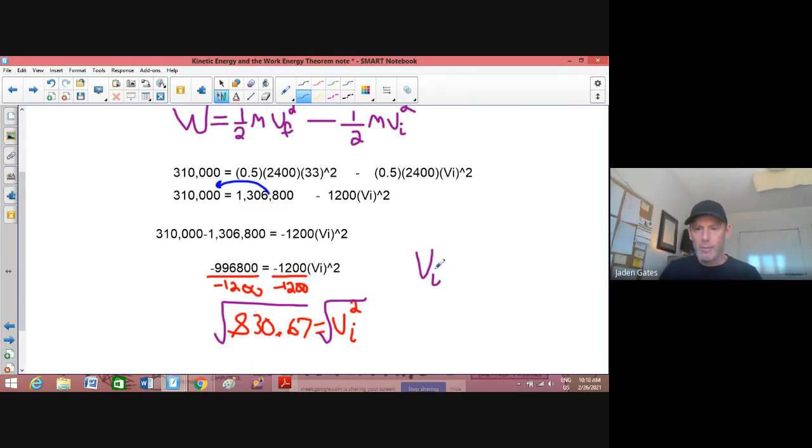All right, now the final step for this, I take the square root of both sides, and my VI, my speed here, to 2 decimal places. It started off, and good thing is it is a lower number, which it has to be, 28.82